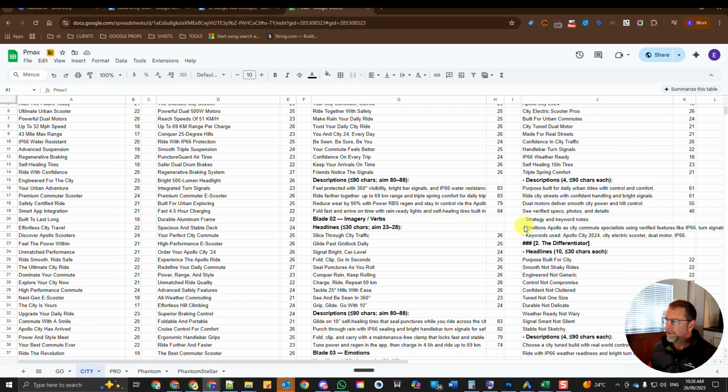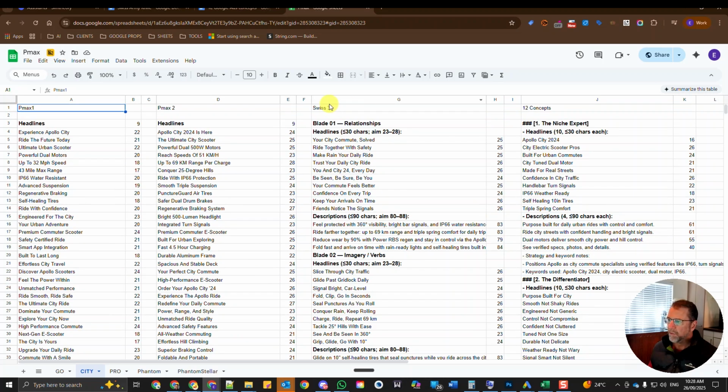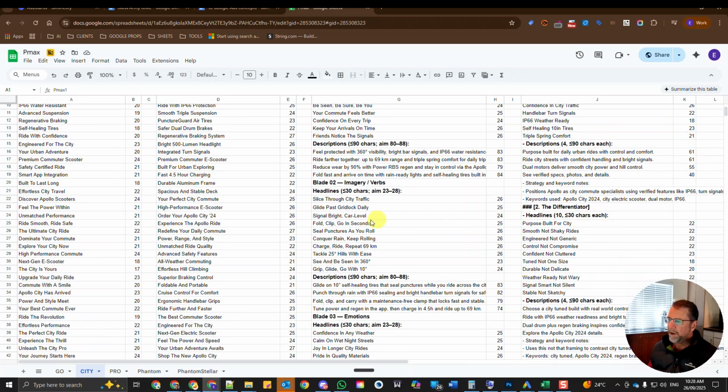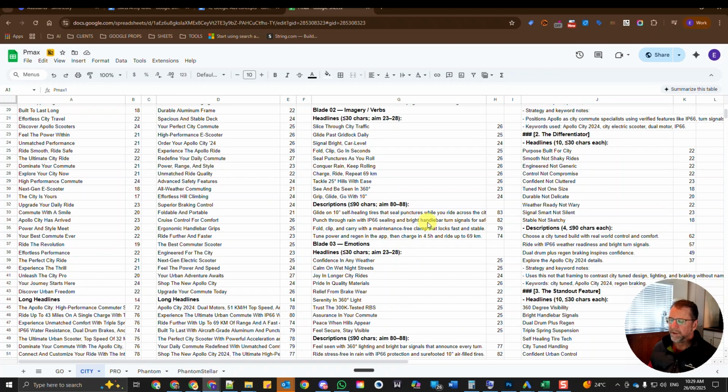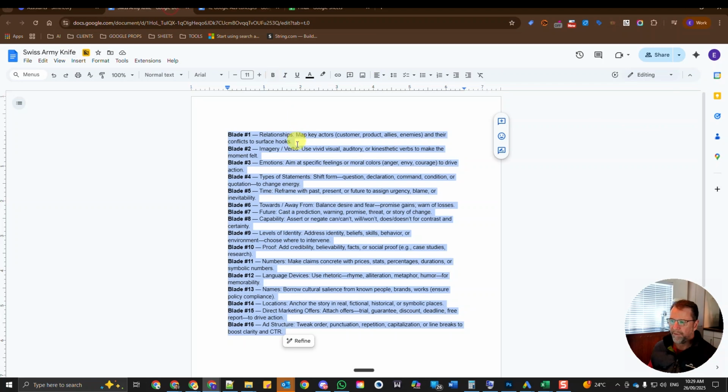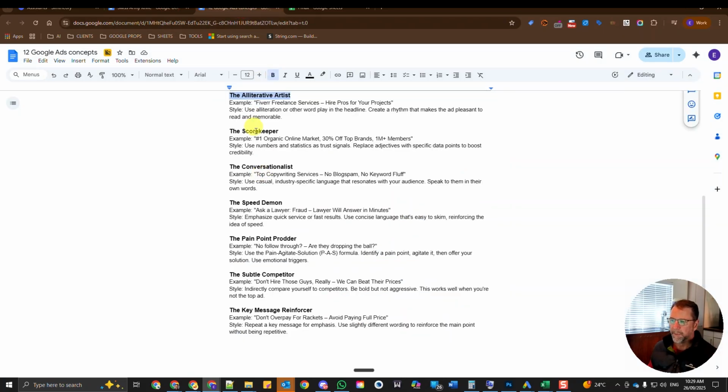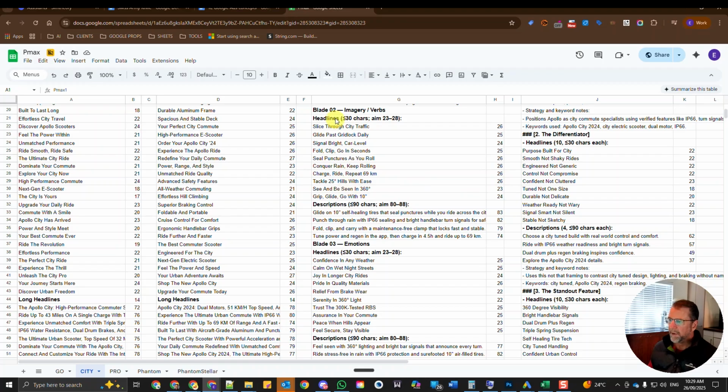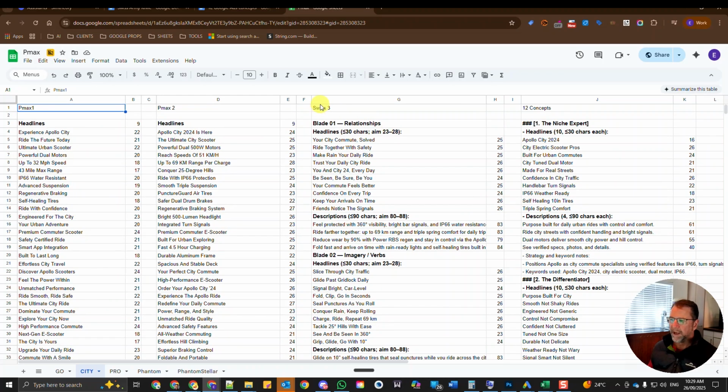And then what I find is that when I'm running the Swiss Army knife or the 12 ad concepts, it really gives me some interesting headlines and descriptions based on the concepts of the Swiss Army knife with its 16 blades, and the 12 Google Ads concepts based around the scorekeeper, the conversationalist. And generally when it outputs the information, for argument's sake,